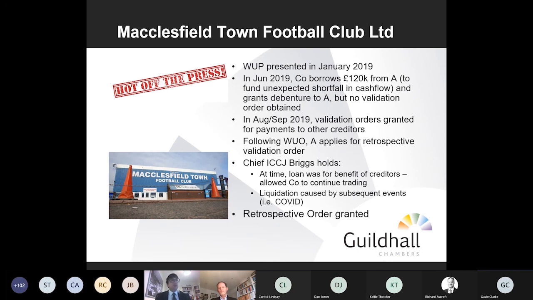Contrast it here with, you can say, well, we can see that at the time it was beneficial to carry on trading, but we know that the company fell over ultimately, even though we know it fell over for different reasons. A judge may well have formed a different view and said, in light of MKG, actually, unfortunately, because you waited so long to seek validation, you have to take the chips where they fall. Yeah. And if there's any complaint about that, you should have gone and got a prospective order. Alternatively, you should have come to court sooner. But as we say, we simply don't know at this stage because we don't have a full transcript.